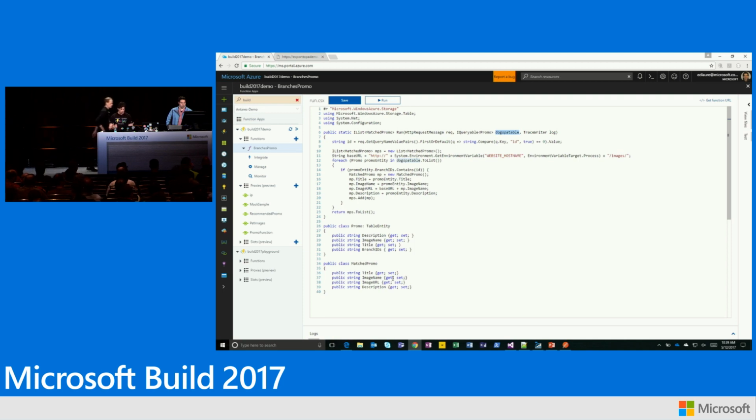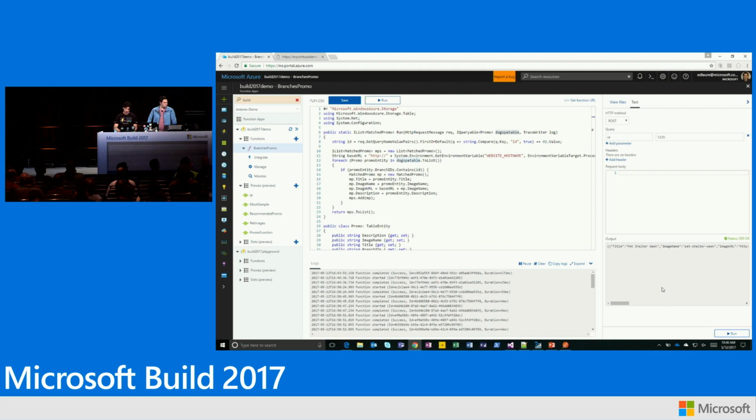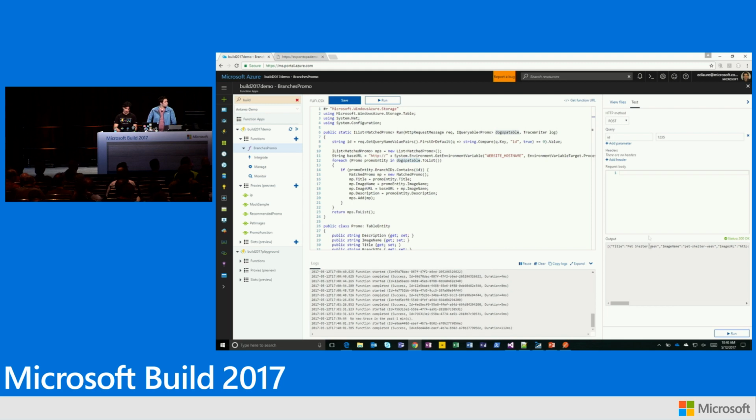I could probably make it even shorter, but just for you to understand a little bit how we call this function. And we can test it out right here through the test tab. So this, I said, takes an ID as a parameter, so I can just provide the input parameter right here on the test tab, click run, and that will run my function and return the JSON object here. I could try a different ID, and it will return the promotions that apply to that branch.